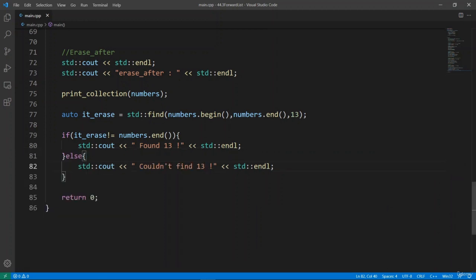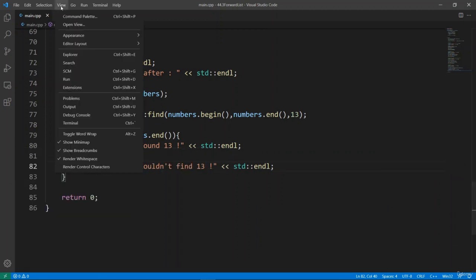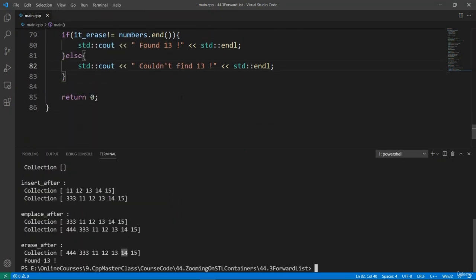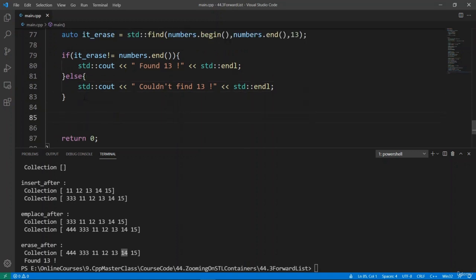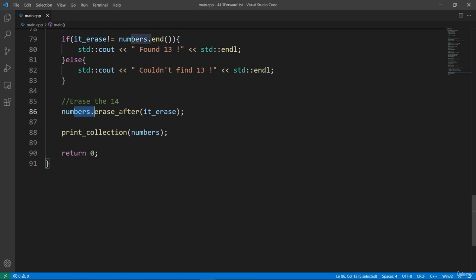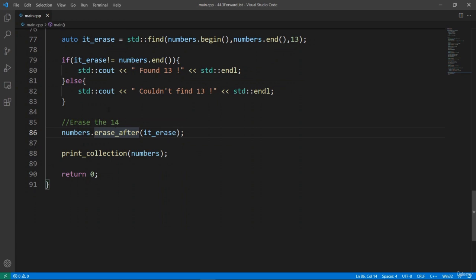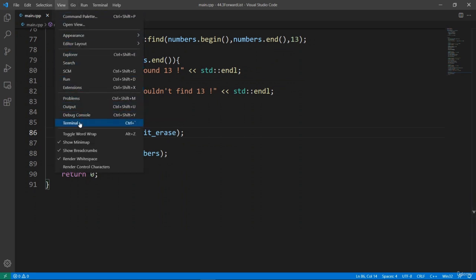Now we can remove things after the 13 here. Let's view our output again. We're going to see that we have a 14 here that we can remove using the erase after method. So let's go down and do that. We're going to erase after our iterator, and the current iterator is pointing to 13. And if we erase after this iterator, we're going to be erasing the 14 that we have in our collection